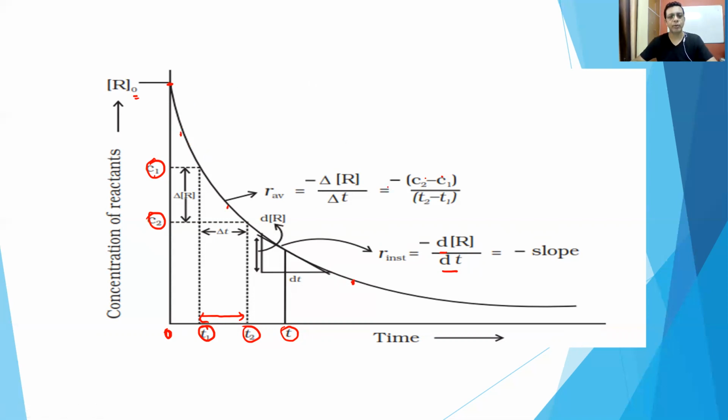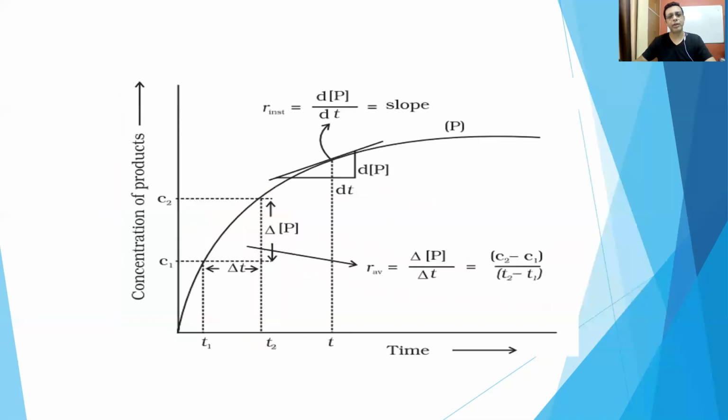Now, from this, can you tell me, as the time passes, is the speed of the reaction increasing or decreasing? Is the slope becoming less or is the slope becoming more? So yes, you are thinking it correctly. As the time passes, the slope is becoming smaller and smaller. That means the rate of the chemical reaction is decreasing with time.